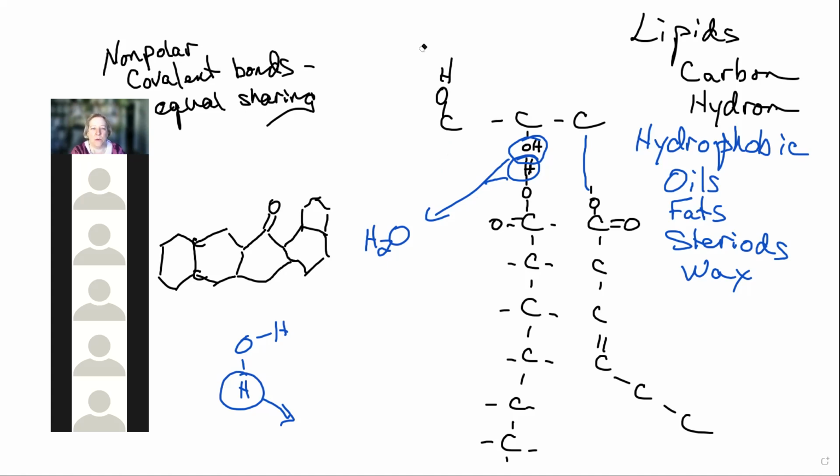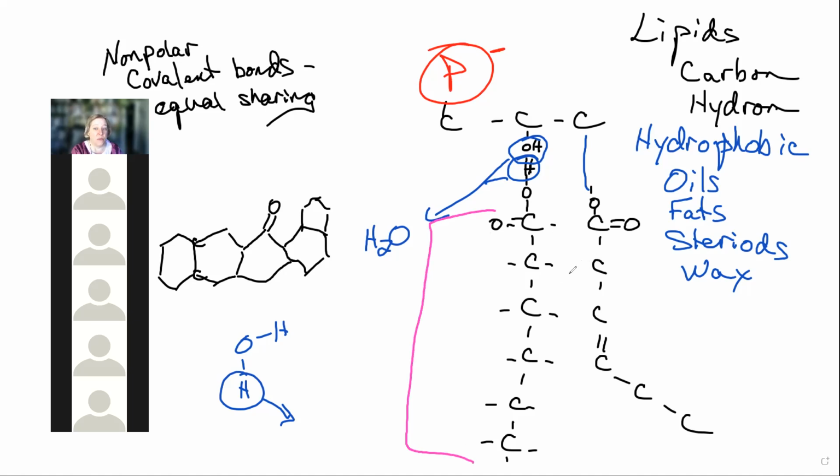And what I'm going to do is attach what is called a phosphate group. It's a big, scary molecule that I'm not going to bother to draw, but through a dehydration reaction, I'm going to attach a phosphate group, and some other molecules, but we're mainly interested in the phosphate group. I'm going to abbreviate that as a P with a circle around it, but it's negative. So this part down here